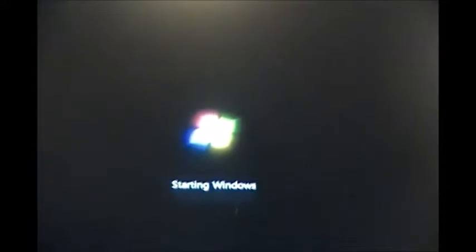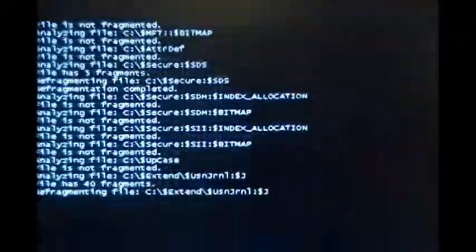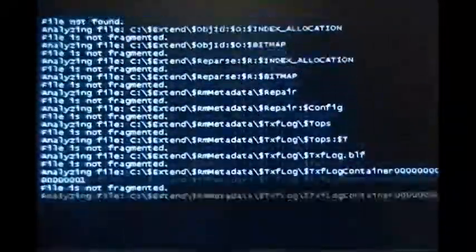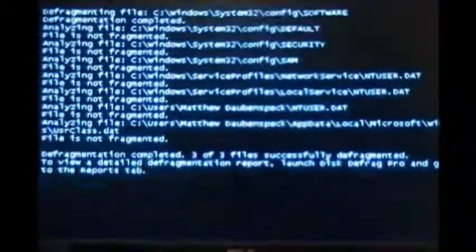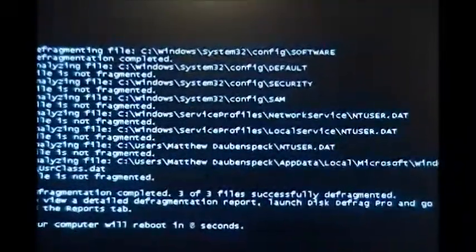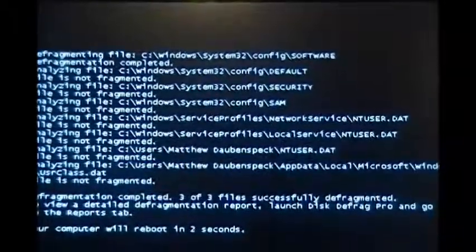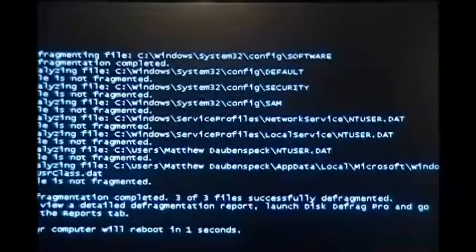So even an SSD drive will need to be defragged after that. And it may not need to be defragged at all. If the page file isn't even there, it may not need to be defragged at all. In this case, because it's a solid state drive, there's no physical magnetic data being moved,